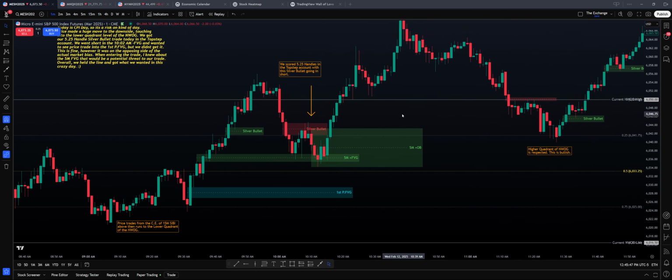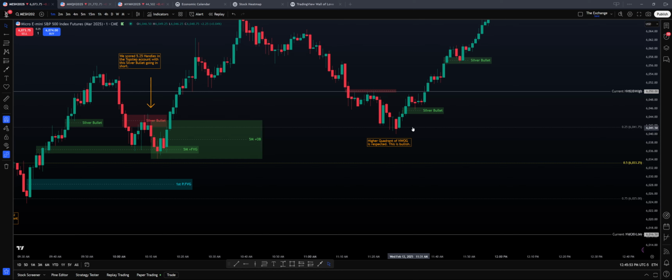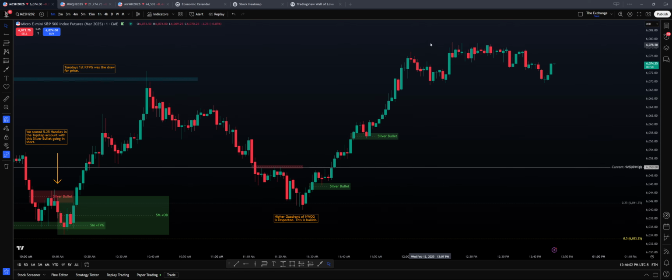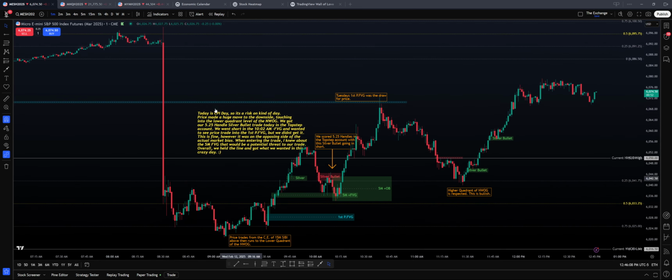And then we trade higher into that first presented fair value gap, and we run lower, and we actually respect the higher quadrant of the new week opening gap right there, as you can see. Then we have another silver bullet right here you could have gone long in, another silver bullet right here, and it rallies, and it's starting to consolidate here. I think, if I recall, this is actually the